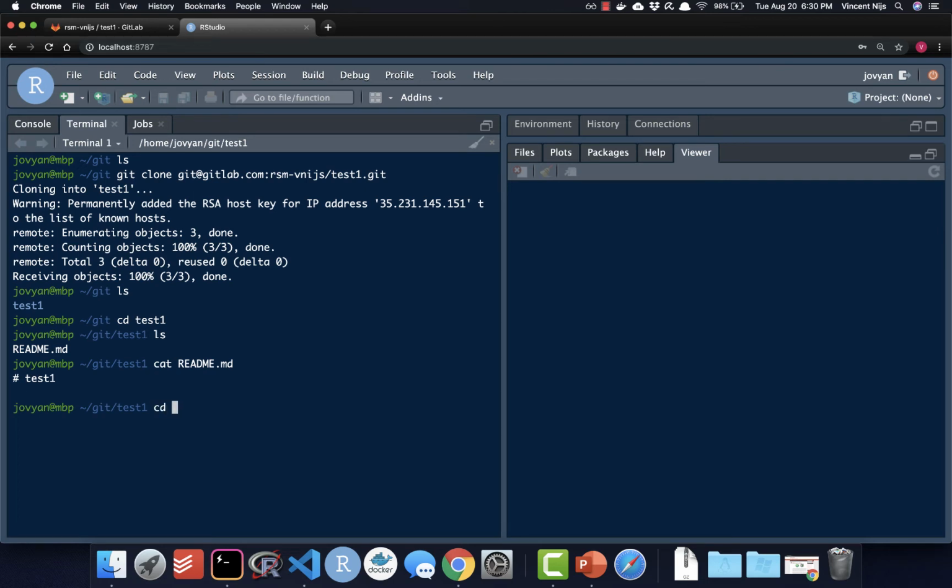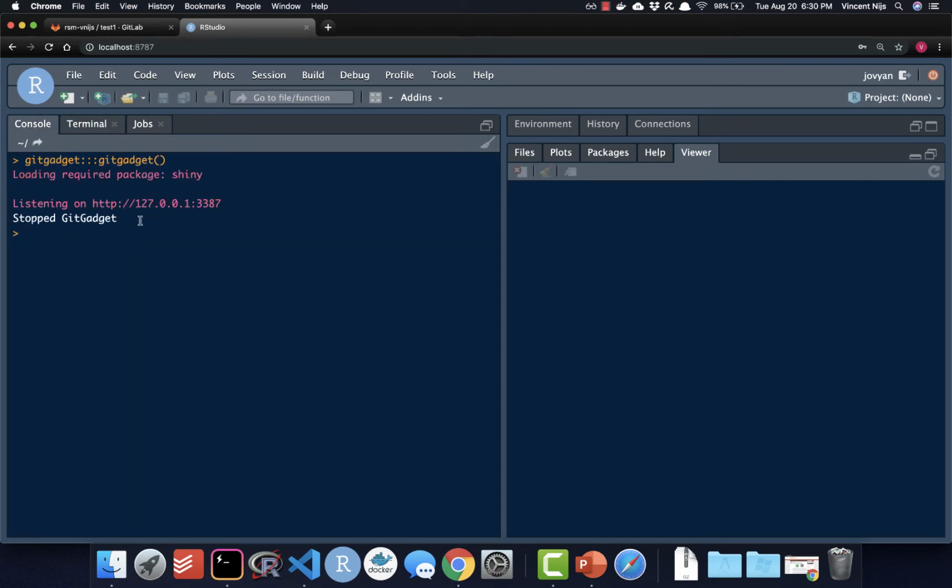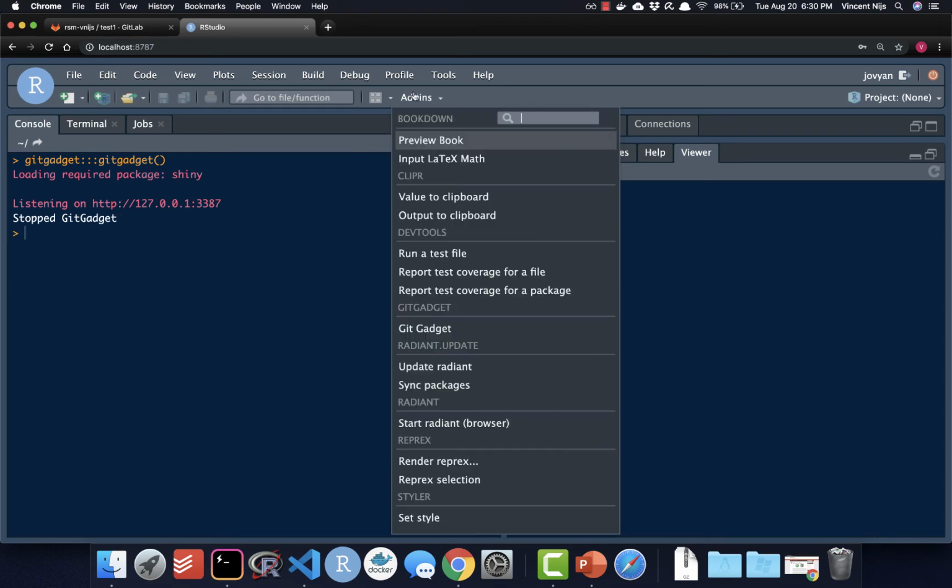And so what I'm actually going to do, I'm just going to go back one, and I'm going to remove with the command rm -rf that test1 directory. And I'm going to clone it again, but this time with Git Gadget. Okay. So again, we've determined now that we've been successful in making that connection between the two setups, and I am going to start Git Gadget again,